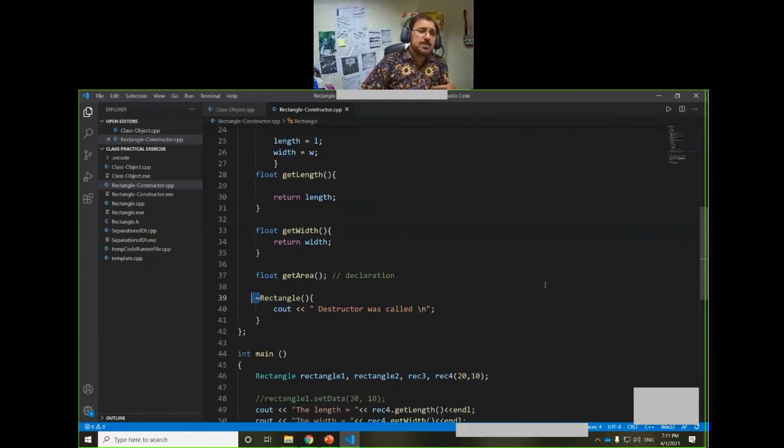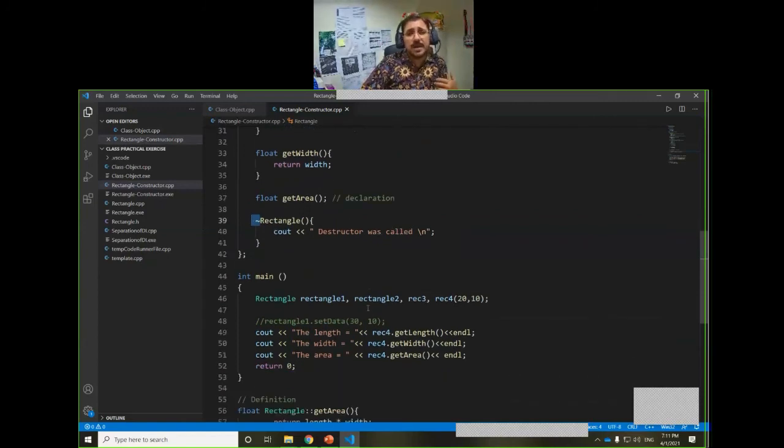It is called when the object is destroyed, to release the memory. So these two types of functions are very important in a class.